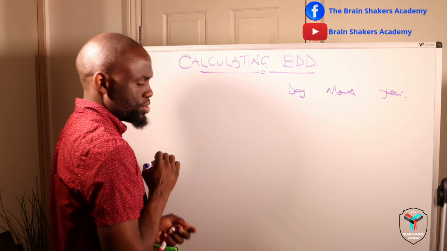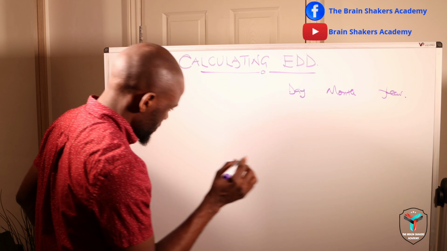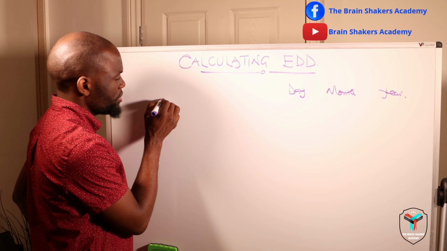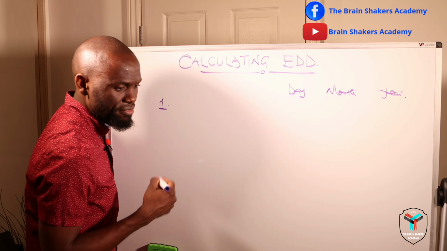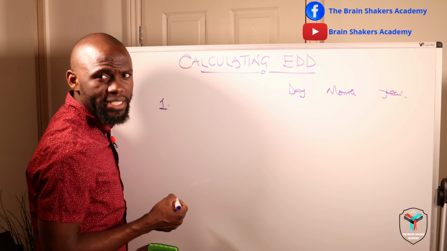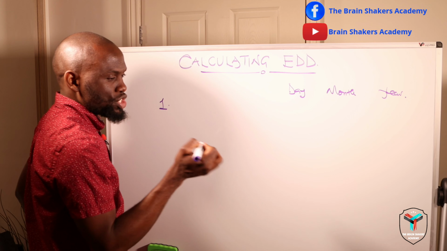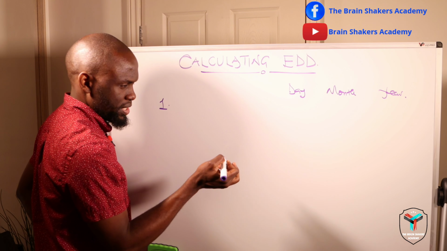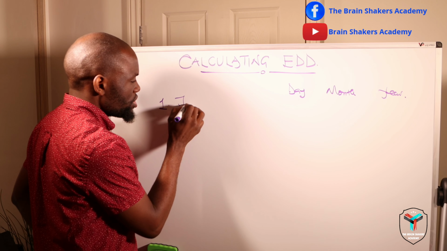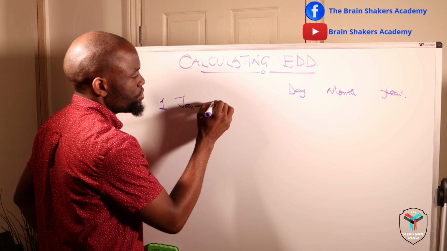So we're going to break it into the first formula, where we're saying if the last normal menstrual period lies in between January to March,